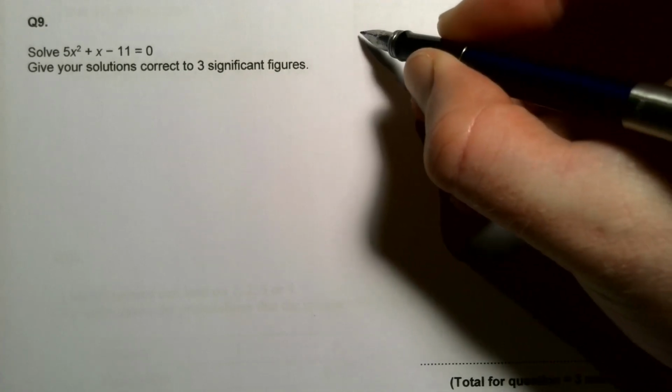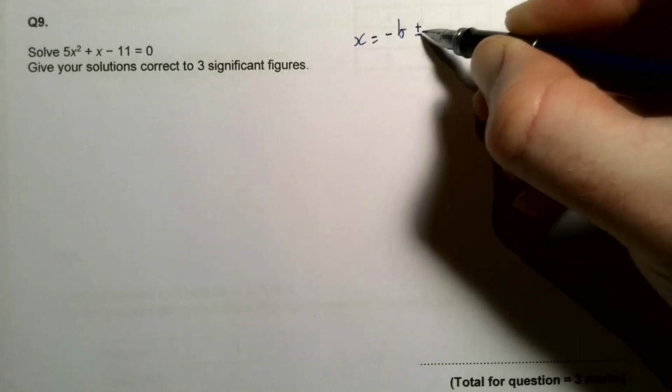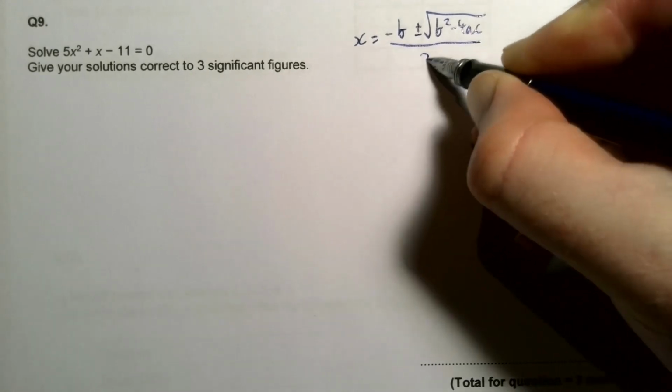Okay, moving on. Now here's another quadratic for us to solve, but this time don't worry about factorizing it. You don't have to. In fact, the other one, if you didn't like doing all that factorizing, you could use the quadratic formula. And the good news this year is that we've just been given a list of formulae that you're not going to have to remember to try to make things a bit easier because of COVID. So the quadratic formula, now I know some of you know this already, but it is minus b plus or minus the square root of b squared minus 4ac all over 2a